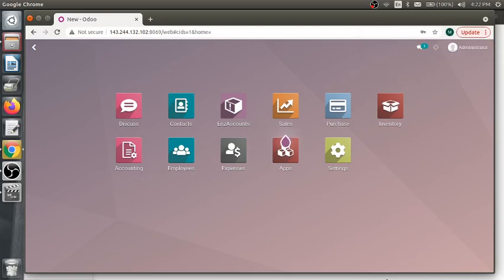Hello, here I am going to show you the basic configuration of our software. First I will show you the company configuration. If you log in, you will get a screen like this. Inside this there is a menu called settings. You can click on this settings,